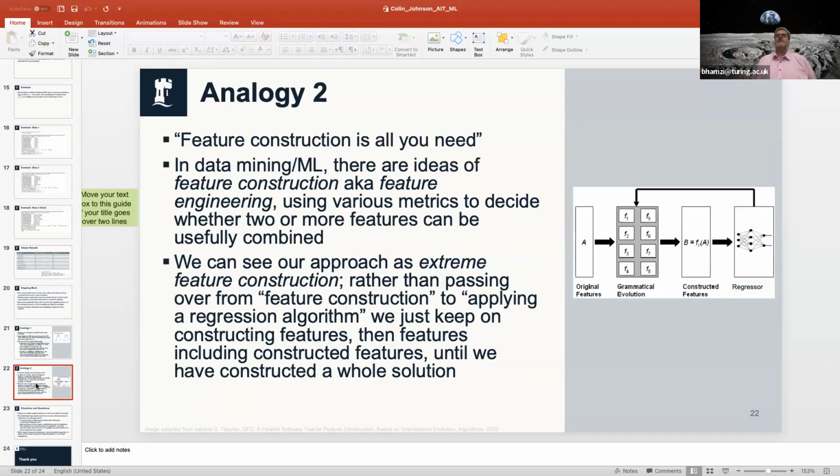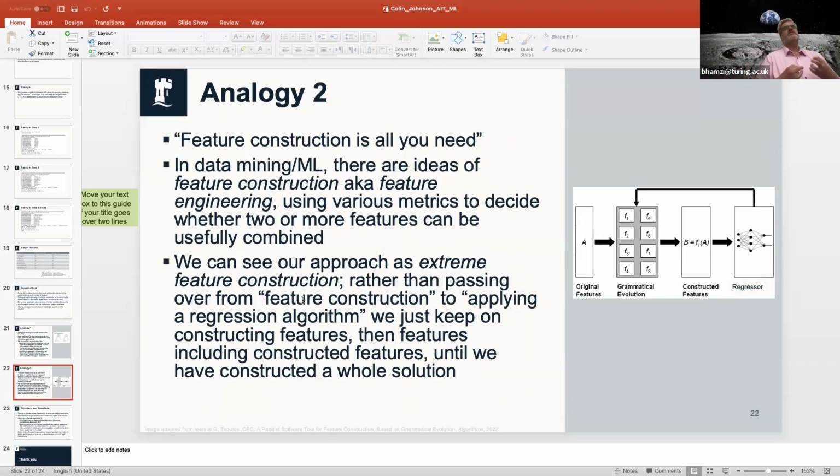The second analogy is with feature construction. So in data mining, machine learning, there's ideas of feature construction, feature engineering. So we have a process where we're generating features, we're doing some kind of feature construction process, we've got some constructed features, and then at some point we hand that over to say a traditional regression algorithm or something like that.